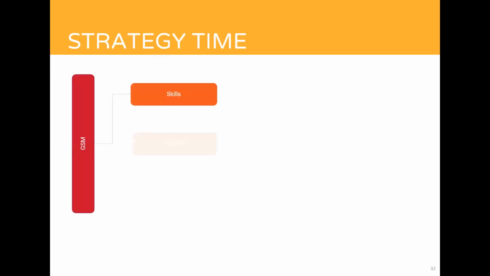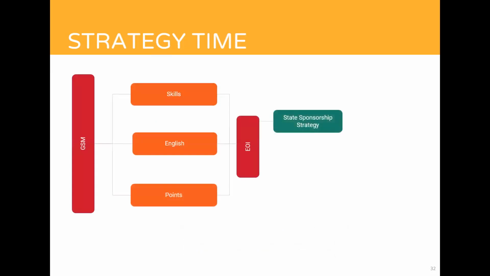So, as I said, a lot of that's out of your control. So you now need to find a strategy that's going to help you take back some control and make things work for you. So there are two strategies, the state sponsorship strategy and the high points strategy. The high points strategy really only applies to those with occupations on the MLT SSL who will be applying for the 189 visa. And the strategy there is to achieve as many points as possible. So you just want to improve your English, you need to do whatever you can to get as many points as possible. And given recent selection statistics, you'll want to get at least 90 points.